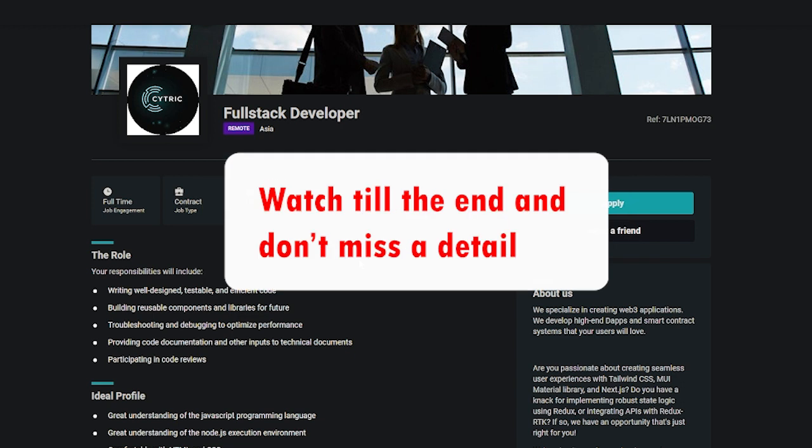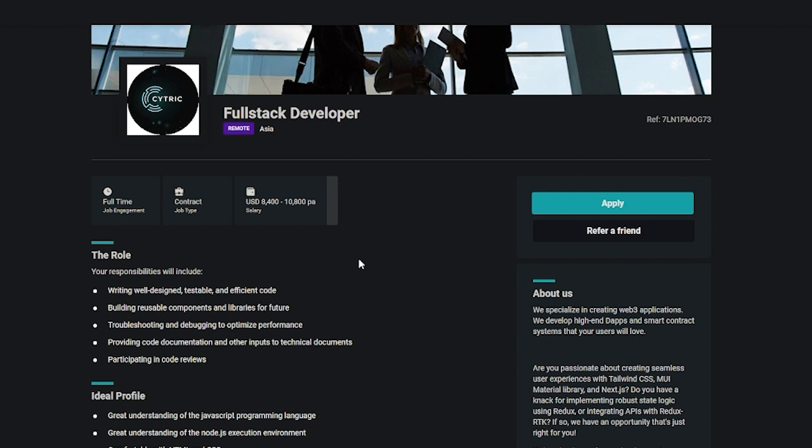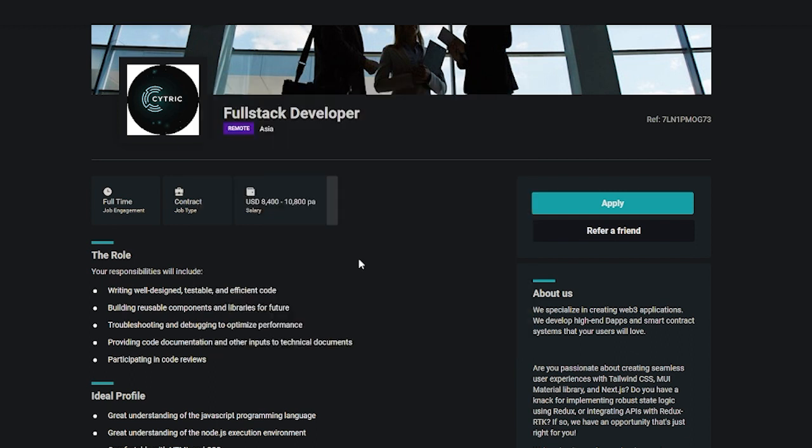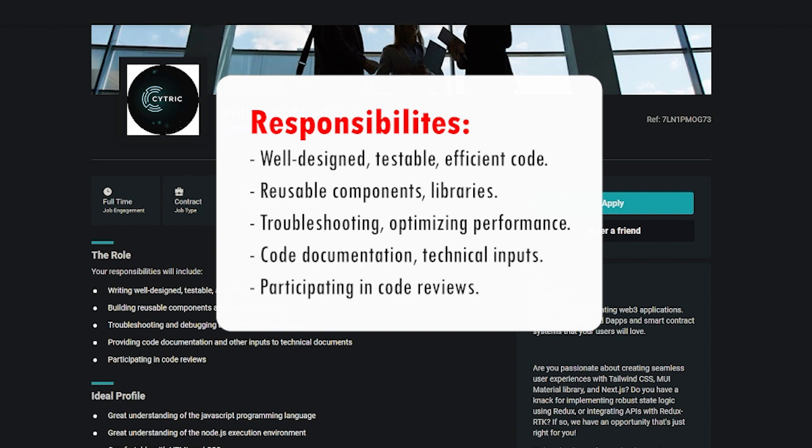Let's dive into today's exciting opportunity. So, talking about the job, as a full stack JavaScript developer, you'll have the chance to work on exciting projects. You will be responsible for building powerful backends with Node.js, engaging with MongoDB databases, and interacting with smart contracts using WAGMI assets and Ether.js. So, in this role, your responsibilities will include writing well-designed, testable, and efficient code, building reusable